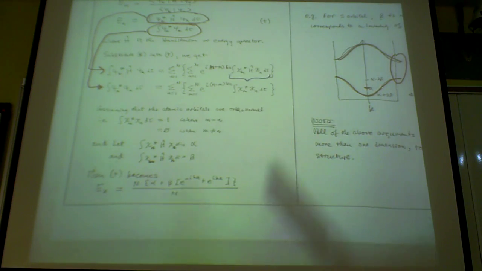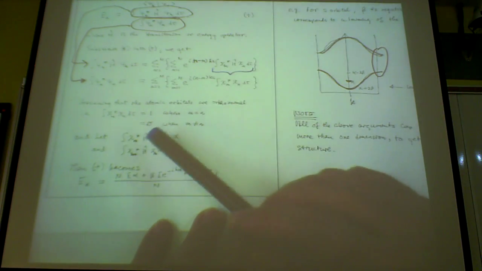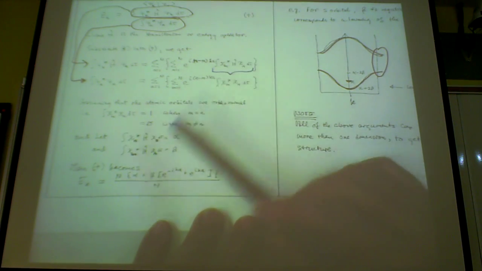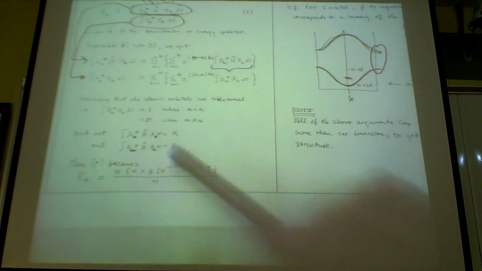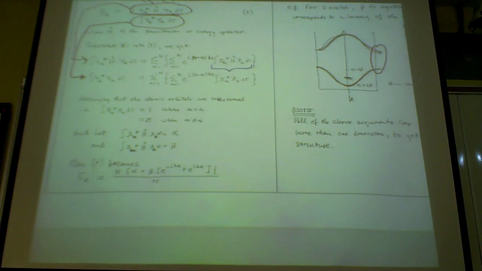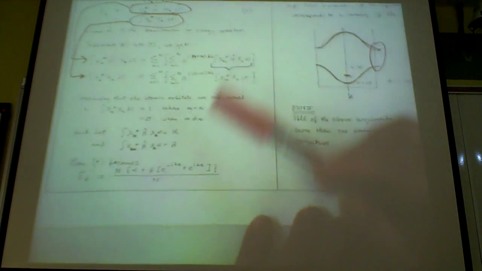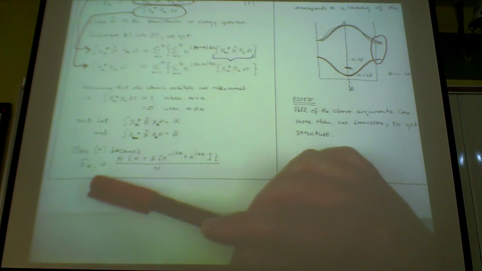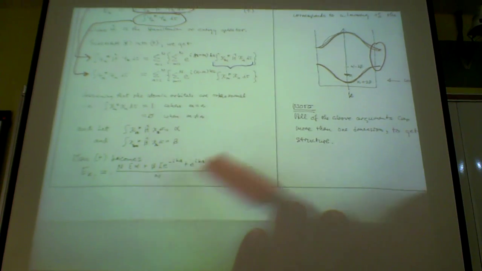And so you can then define these things depending on m and n. These integral constants can be alpha and beta, right? Those are just values from this integral. And then I can rewrite this term into something simple. I can rewrite it into alpha plus beta, and then